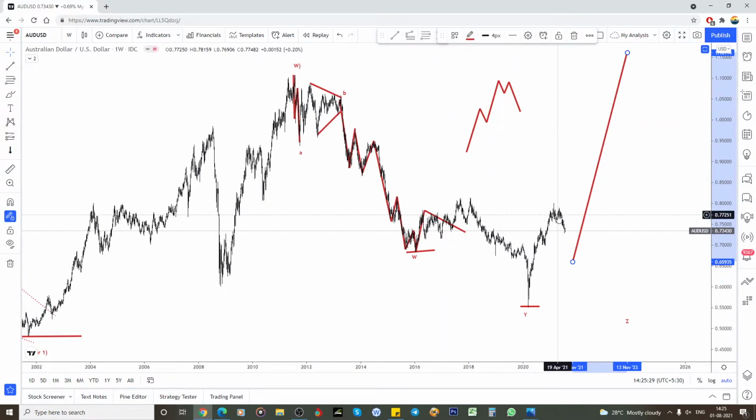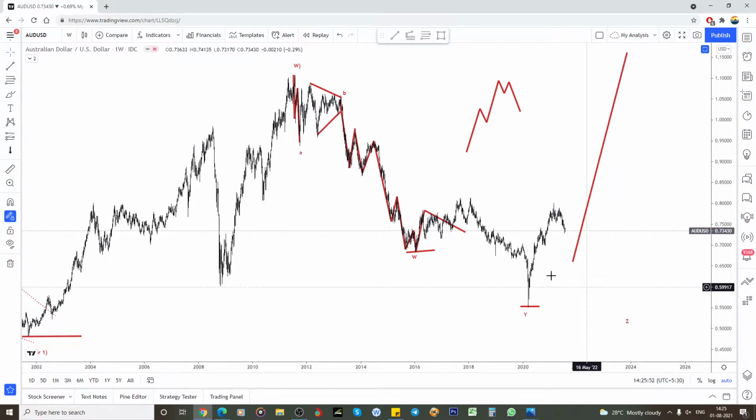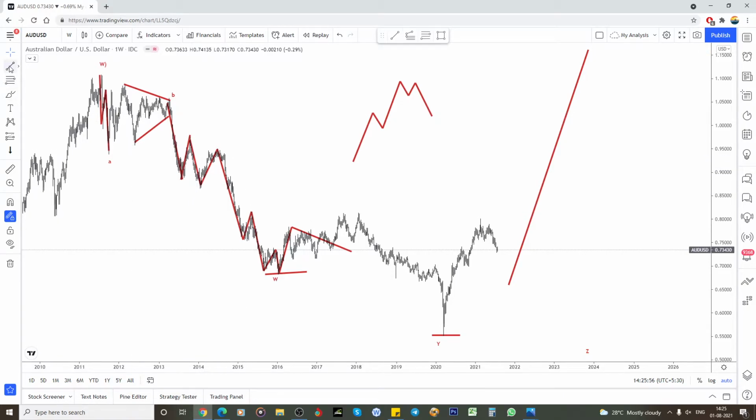What I expected is this. Why I'm saying here it needs to break this low is I just correlated to Euro USD, GBP USD, New Zealand dollar, everything, USD CAD, USD CHF. So the dollar is still going strong. So at that time this will break this low. That is my bias.